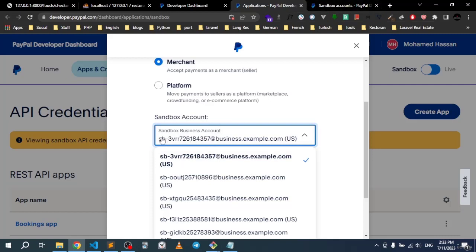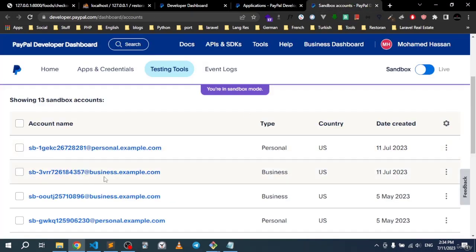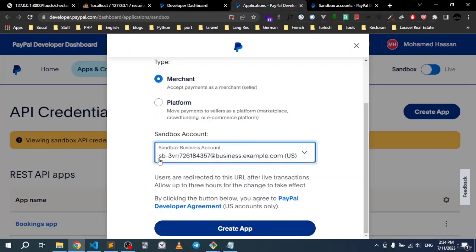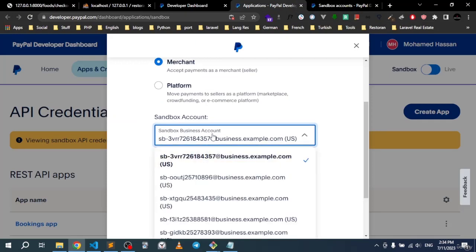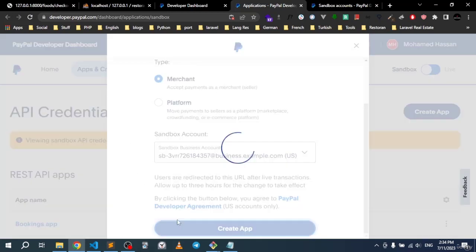It's going to automatically hook it with the last business account that you created, which is the one I created just now. As you can see, there is the business account SB3VVR and the rest of the email ID. So perfect. If we click create app right now,